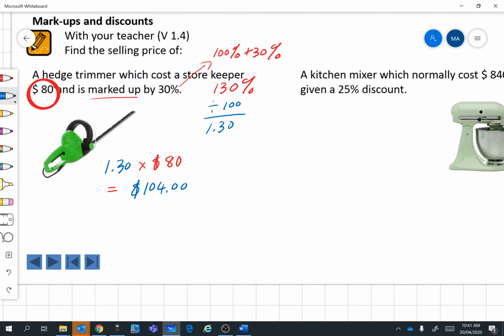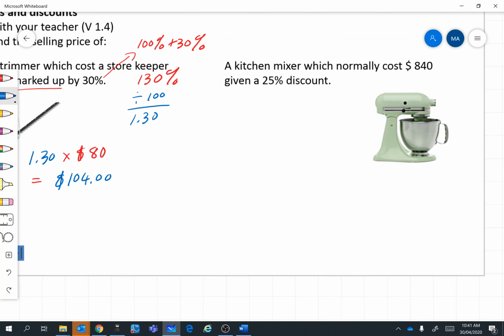Now the kitchen mixer, this is in store selling for $840 and it's going to be discounted by 25%. Okay, so now we're working with a percentage decrease. So that means we subtract the 25% from 100 because we're discounting. So it's going to be 75%